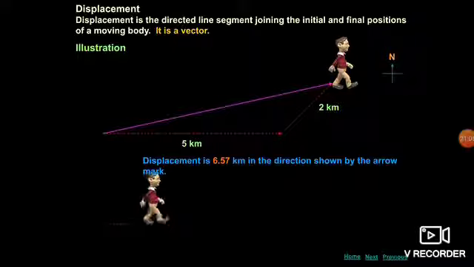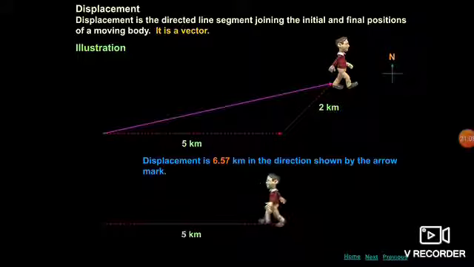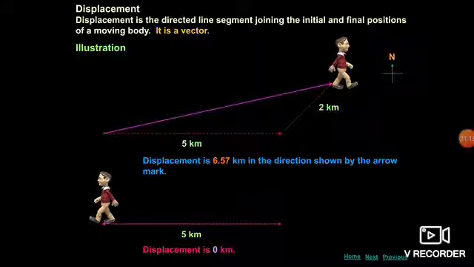Now in the next, the person is going straight, and now what will happen? He will move back. Now we will calculate the displacement in this condition also. As I told you, displacement is a vector quantity, it depends upon the direction. So when he was moving from left to right, it is taken to be plus 5. When he is moving right to left, back, it is taken to be minus 5. So 5 minus 5 will give you 0 kilometers.